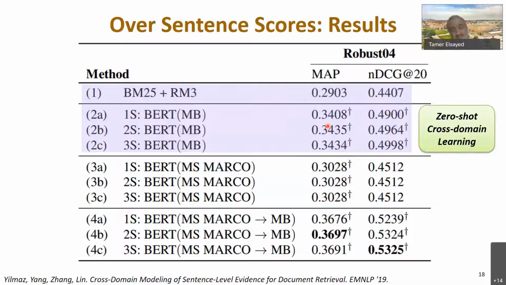That was really strange, right? If you think about it, it was not standard. Usually when we want a model to work well on news, we train it on news, or if we want it to work well on tweets, we train it on tweets. Here we pre-train it on tweets and test it on news, and still we got better results than the baseline, which is BM25. So that was really striking. That was very interesting to see that the model was able to improve the results just by being trained